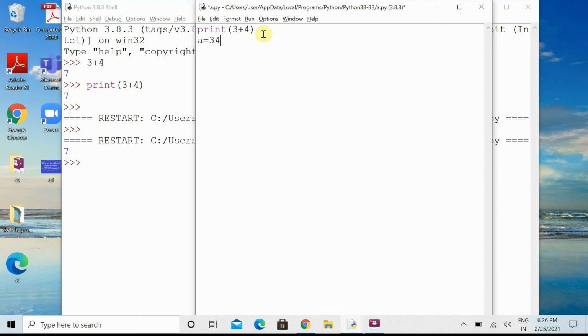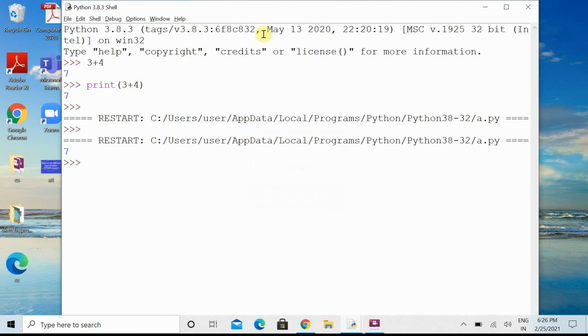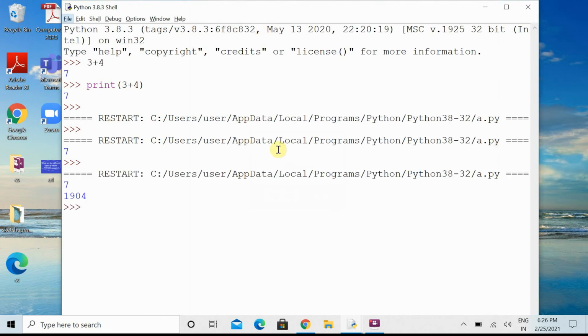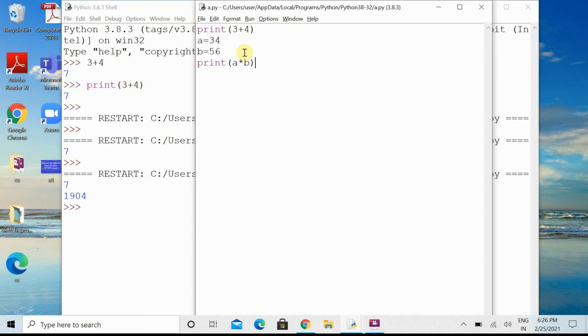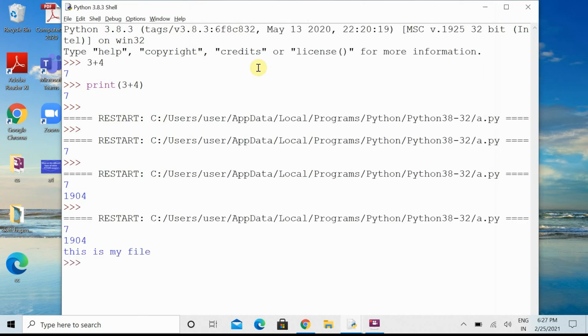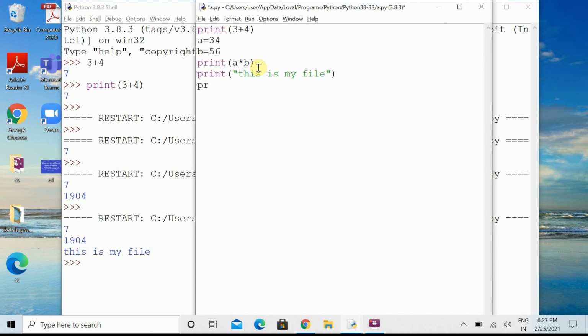We can do the calculation here. Suppose I specify values in the a and b variables, and after that we want to do some calculation with these two numbers. Then I can do the calculation here also. If we want to print the result in this file, it will show me that result also. You can write as many sentences as you want in the print function.